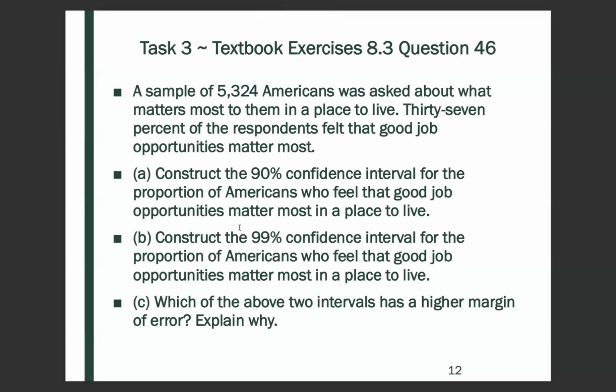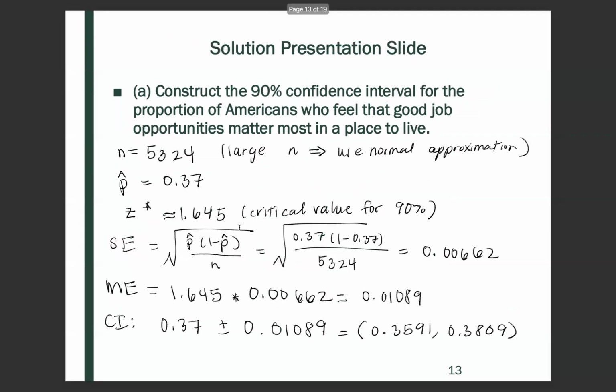A sample of 5,324 Americans was asked about what matters most to them in a place to live. 37% of respondents felt that good job opportunities matter most. So first, we want to construct the 90% confidence interval for the proportion of Americans who feel that good job opportunities matter most in a place to live. And so this information is given to us. We had our sample size of